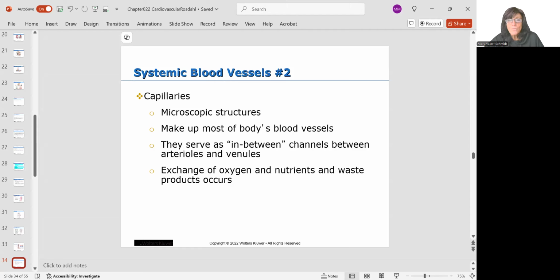Most of your blood vessels are capillaries. That's where they end. They are the in-between that connects the arteries to the veins. That's where oxygen and carbon dioxide exchange happens, and nutrients and waste products are exchanged. When we're assessing patients, one of the biggest things that we do is check the capillary bed refill